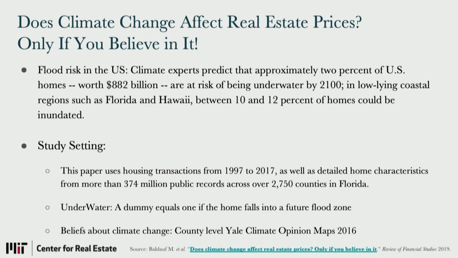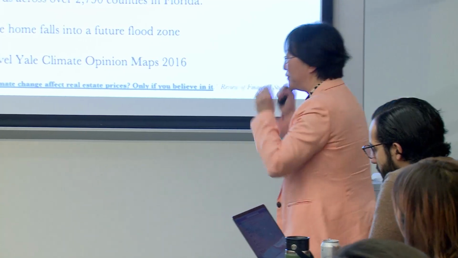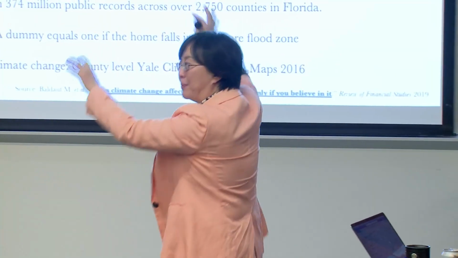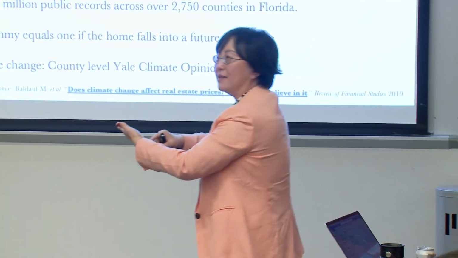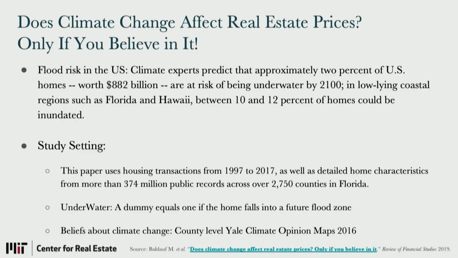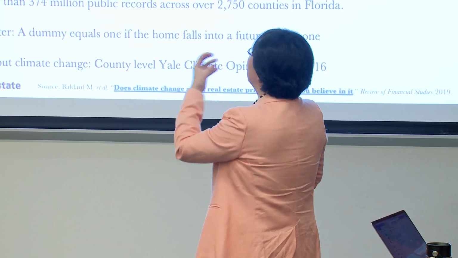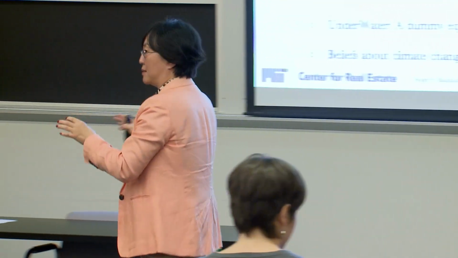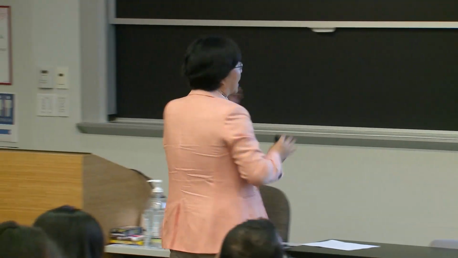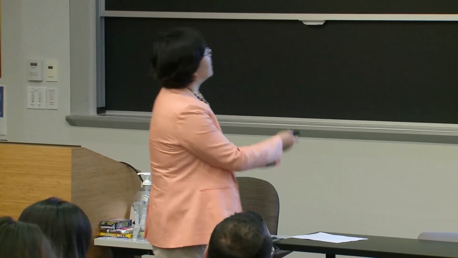So here, of course, you know climate change is always on people's minds, sometimes very important, sometimes less important, and in some areas more important. Then how will that affect real estate prices? That's real, right? If you go into a market, you go to the climate belief map, and check in your sub-market what the belief index is. And you think about how this will affect your business. That's so real. It will affect real estate prices, and later I will show, it will affect the housing developers' profit if you are going to build something on the coast. So this paper is the following.